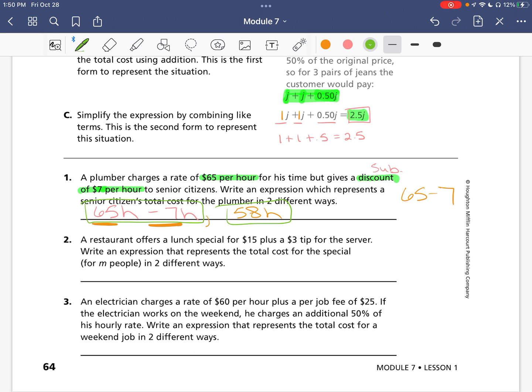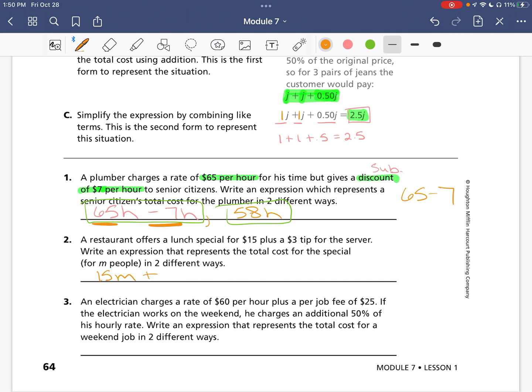For number 2, a restaurant offers a lunch special for $15 plus a $3 tip for the server. Write an expression that represents the total cost for this special in 2 different ways. So it's going to be $15 per person plus a $3 tip per person. So we have $15, and we're going to use M for the per person part. So we're going to have